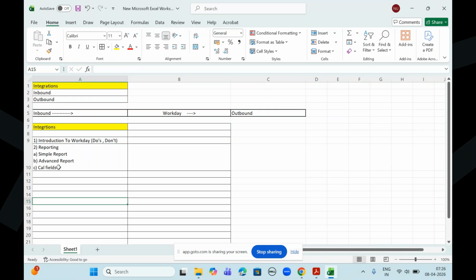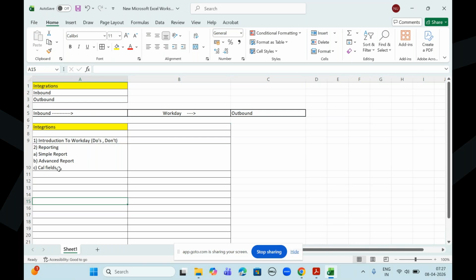Is it enough if we learn only the advanced reporting? I'm sorry, my voice is echoing. Is it sufficient to learn only the advanced report, or do you suggest we go further? Sufficient in the sense, for the integration, advanced report is sufficient. Integration is very vast, I'm telling you. Now if advanced report is enough for reporting, means,